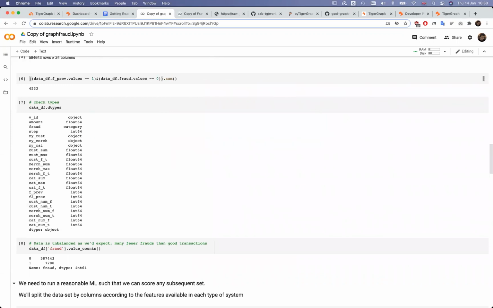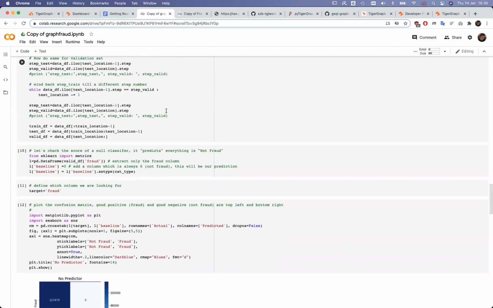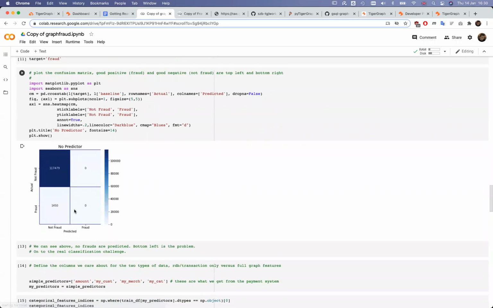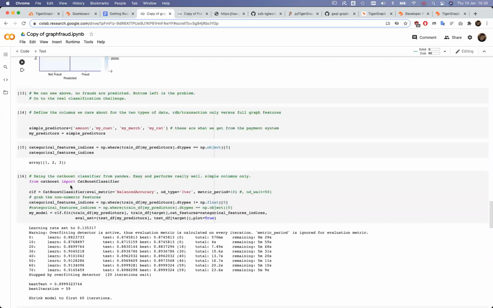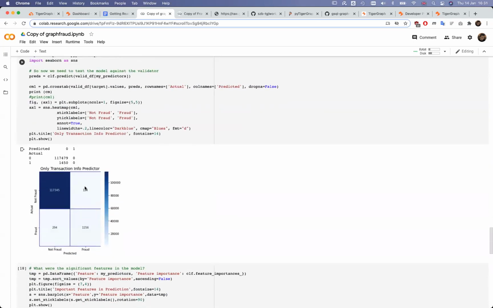As I said, I'm not a data scientist. I can't fully explain the rest of the steps. But what we can see here is that after going through all of this data manipulation, we get these results that we have seen. This is the one without any predictor, just the data itself. If Richard uses the transactional part, then we get better results, but not really the best results.